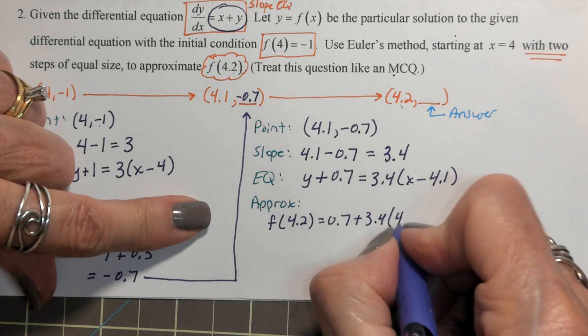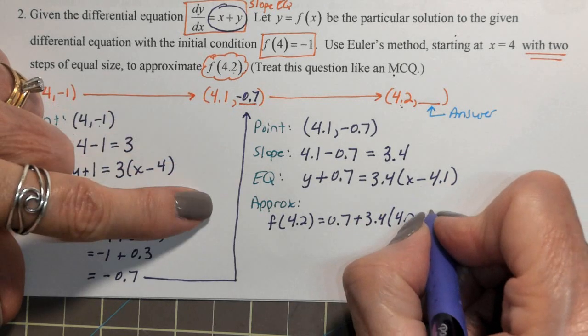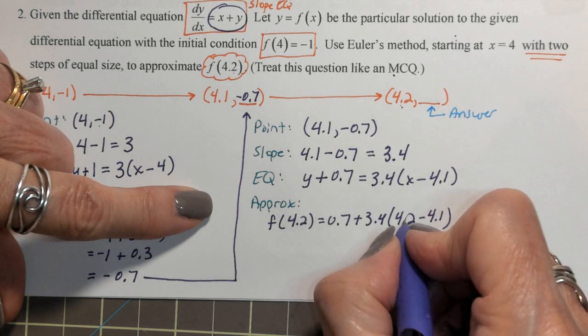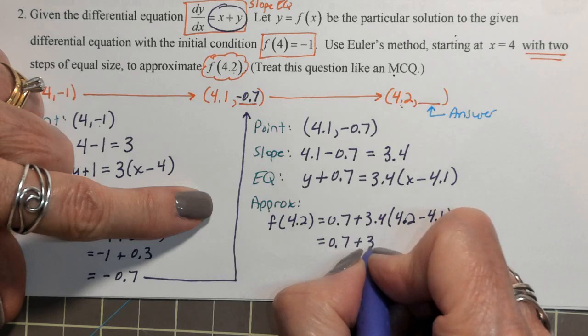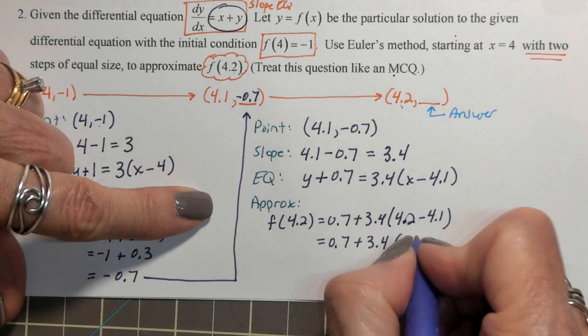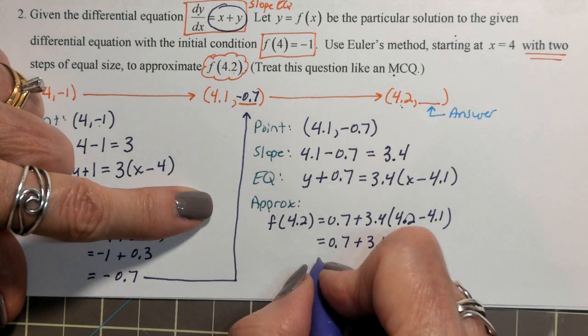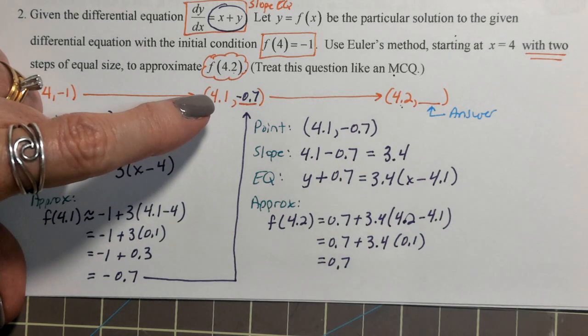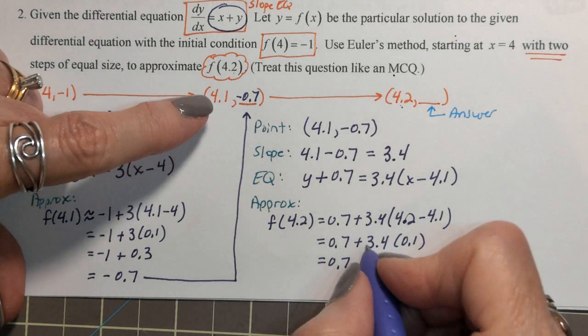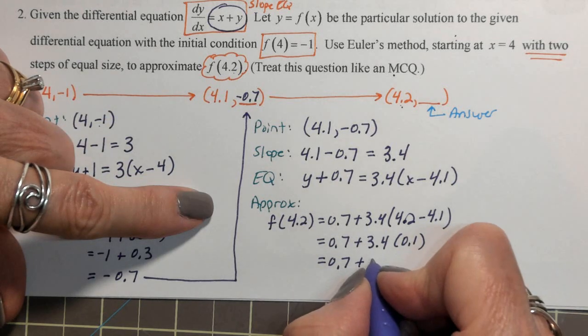I'm putting 4.2 in for x. And so I have 0.7 plus 3.4 times 0.1. So 0.7 plus